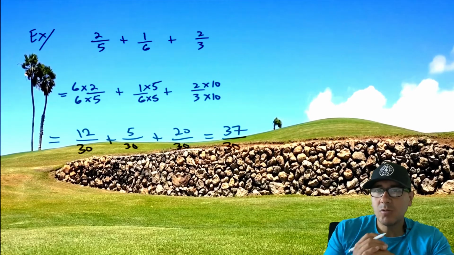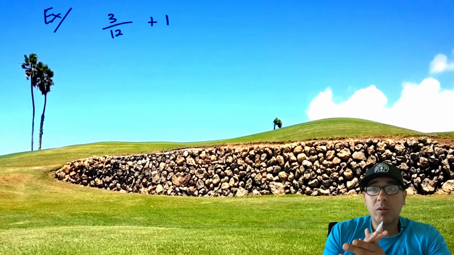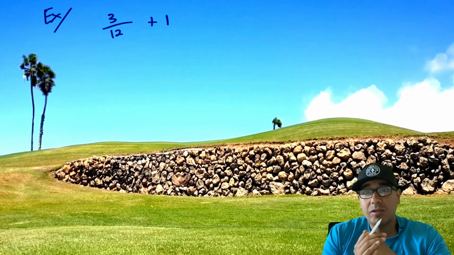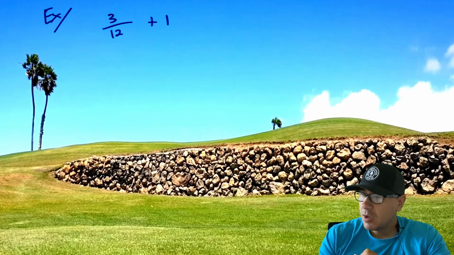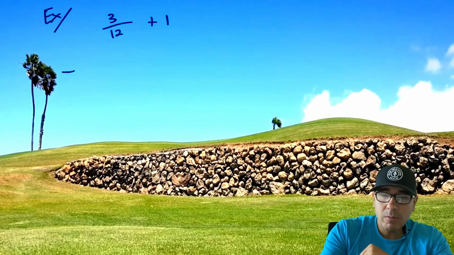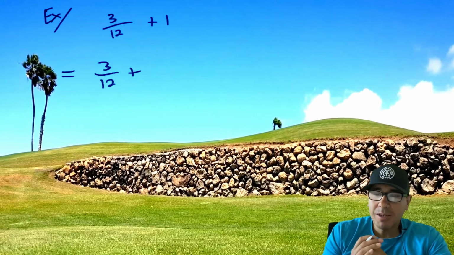All right, let's do one more example for the West Coast. Here we go. What happens when one of the numbers is not a fraction? This is when you just give up in math. No, we're just messing. So what you're gonna do is rewrite this as 3 over 12 plus